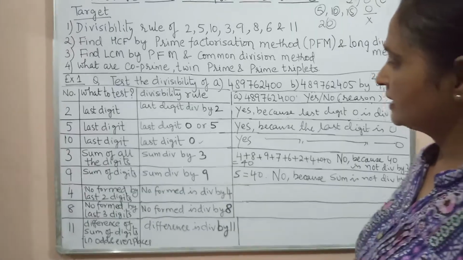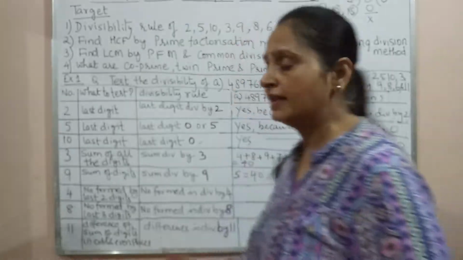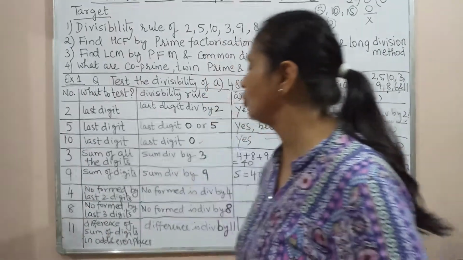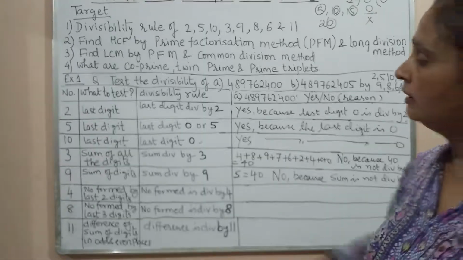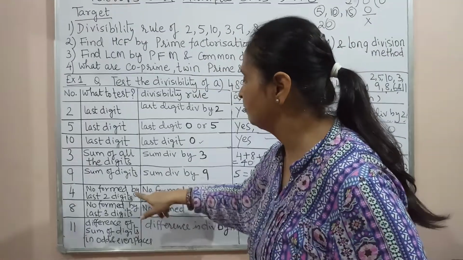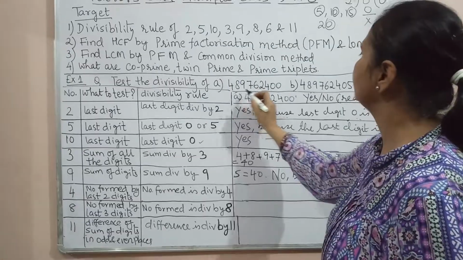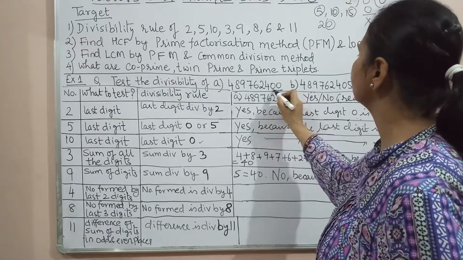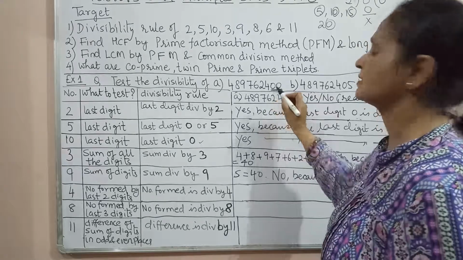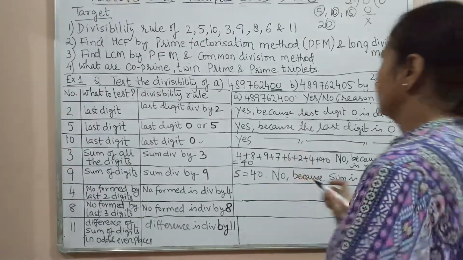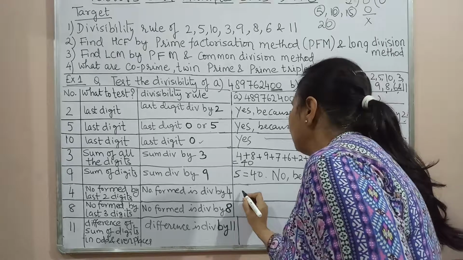Now the next question is 4. Next number is 4, and here what do we have to check? Number formed by last 2 digits. Now look, in this one, what is the number formed by the last 2 digits? It is this last 2 digits. So the answer is the number formed